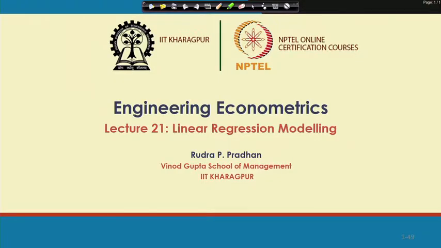Welcome to Engineering Econometrics. Today we will continue with linear regression modeling, and that too part 2. In part 1 we discussed simple regression modeling, and that too bivariate engineering econometrics, where we must have two variables, one dependent variable and one independent variable, and the objective is to predict the dependent variable with the independent variable.